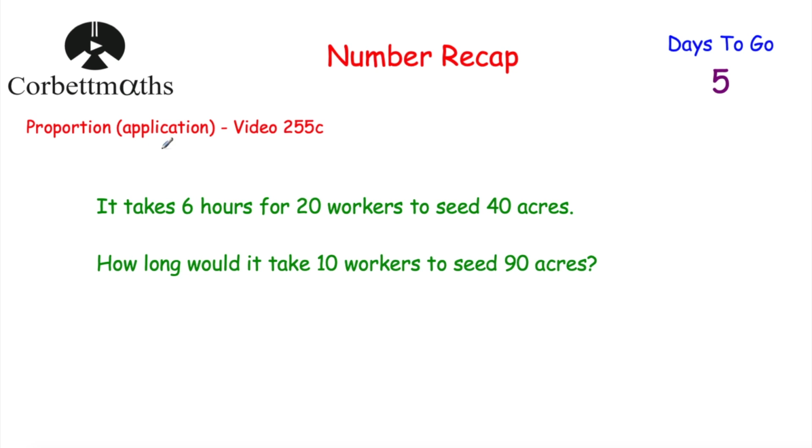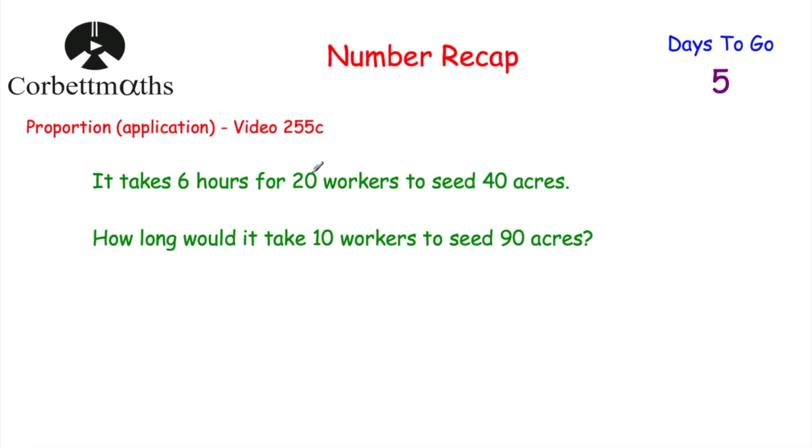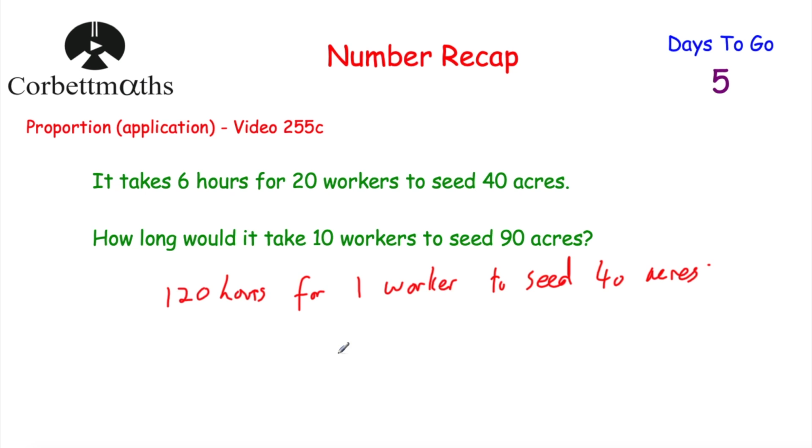Okay, also with proportion you may encounter questions like this. So it takes 6 hours for 20 workers to seed 40 acres. How long would it take 10 workers to seed 90 acres? Well, if there was just one worker, it would take 20 times longer. So we find out that it takes 120 hours for one worker to seed 40 acres, but we actually want